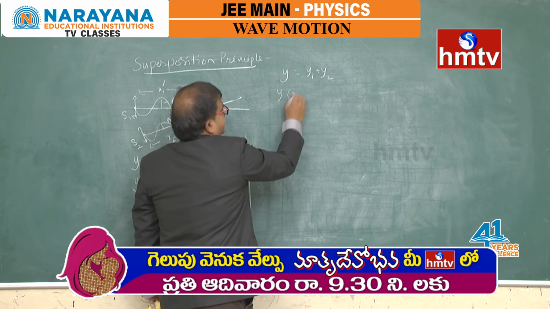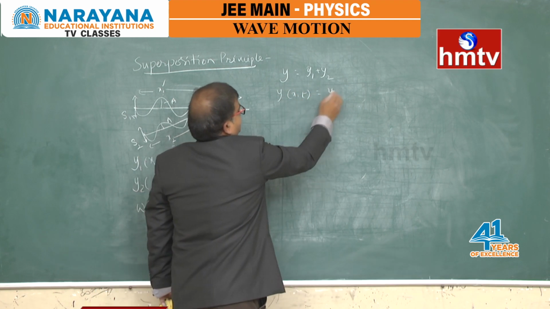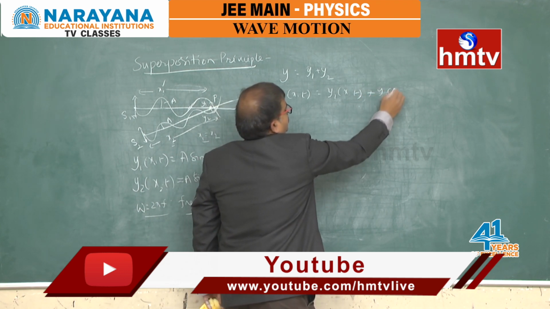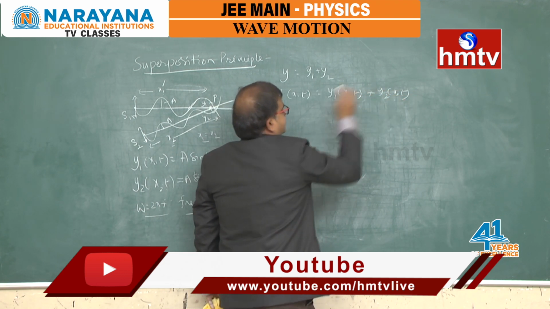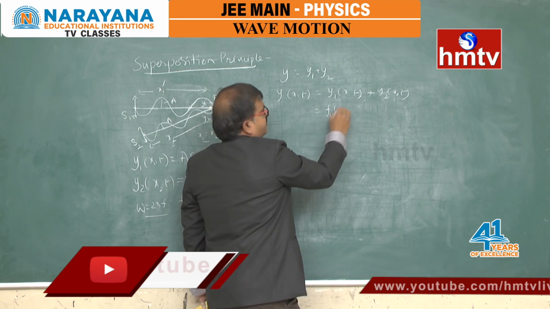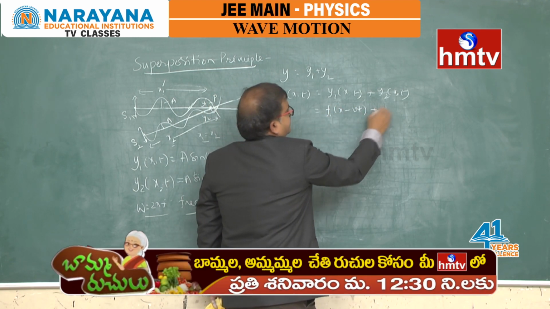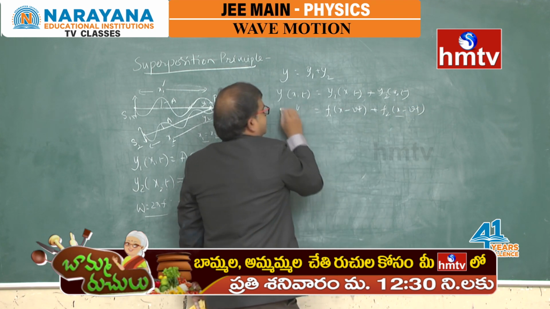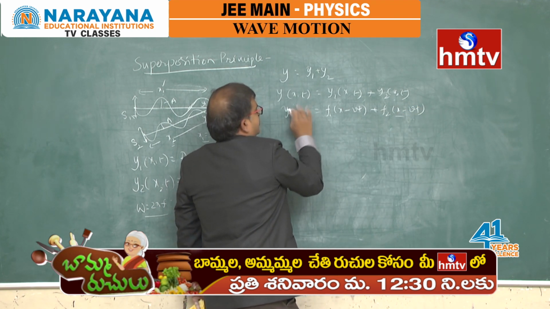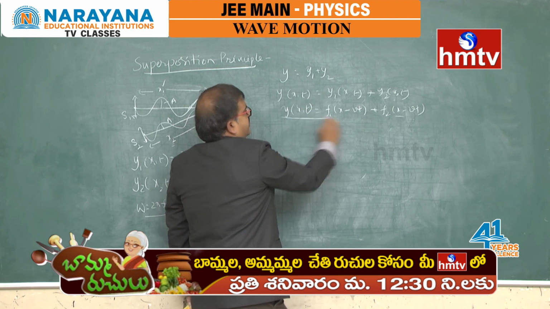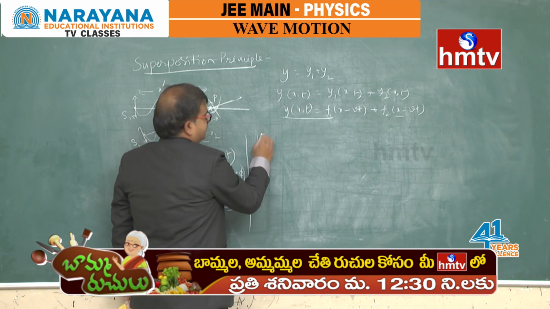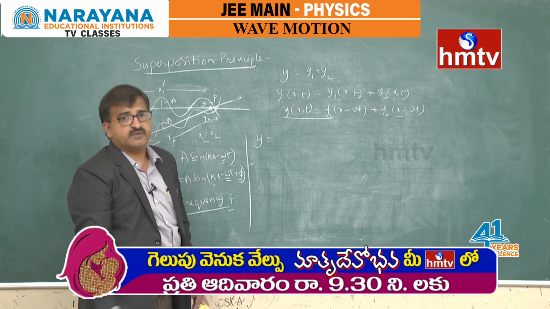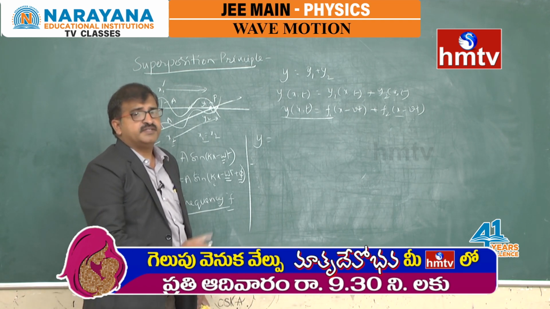So y(x,t) is equal to y1(x,t) plus y2(x,t). That means f1(x minus vt) plus f2(x minus vt). This is what you call the principle of superposition. So here the resultant wave due to superposition of the two waves